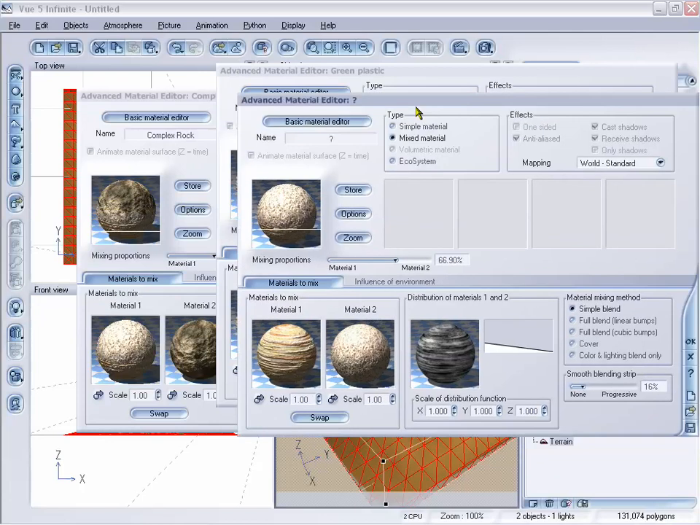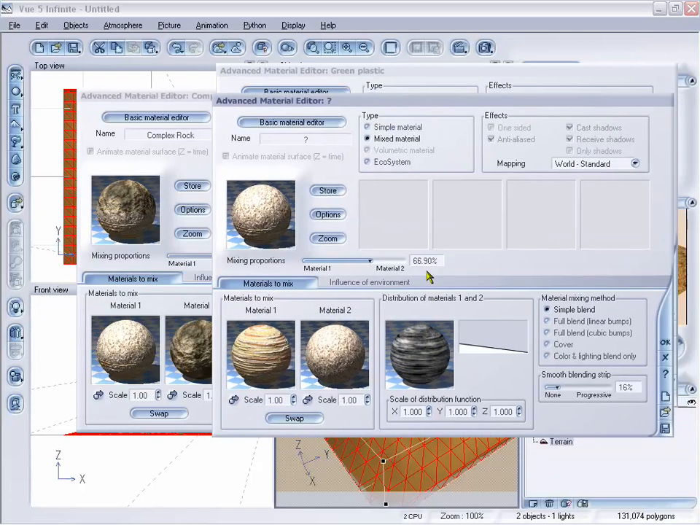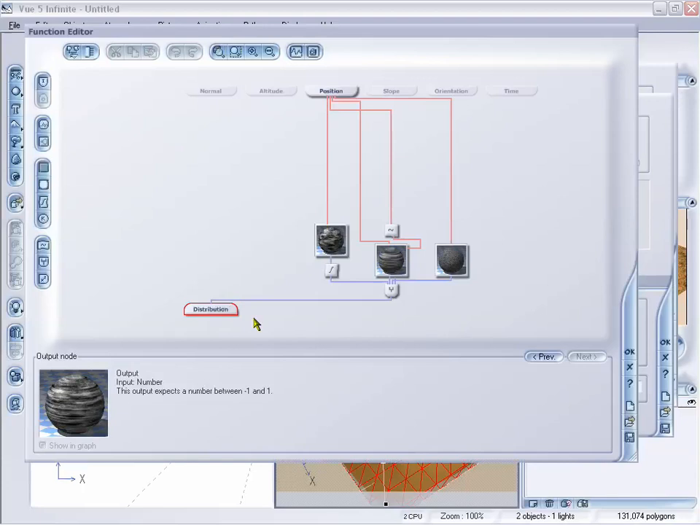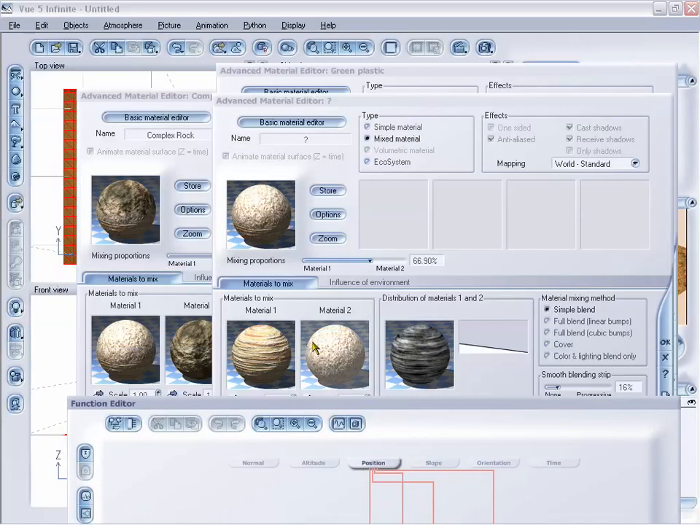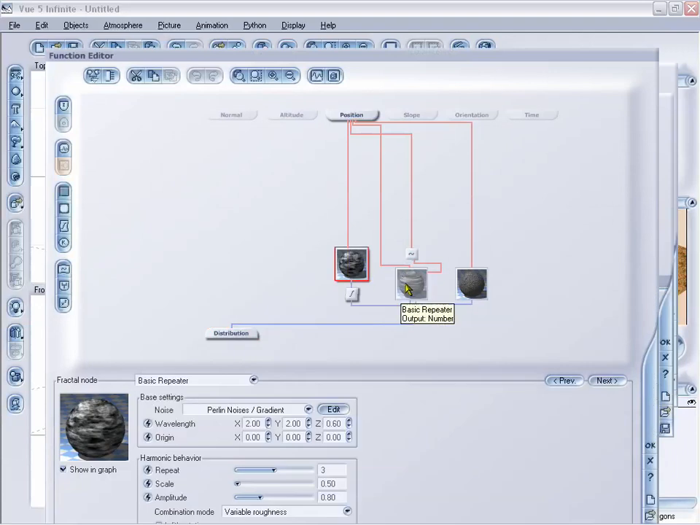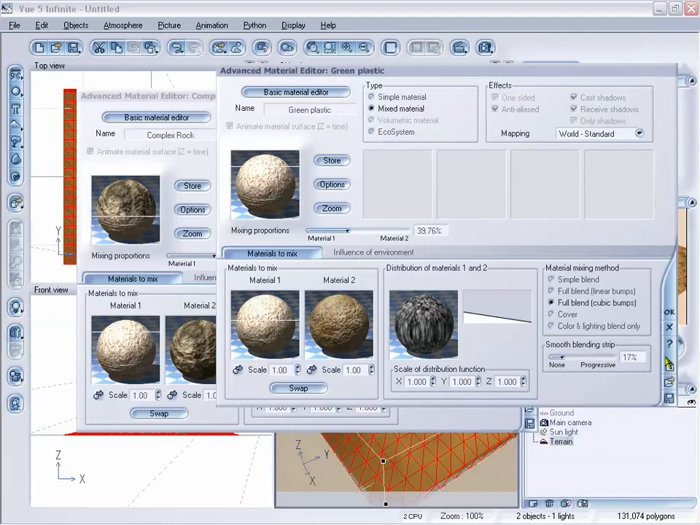And what we also have is this distribution being controlled. So we can go to edit function on that as well. And that will actually bring up a separate function editor, which is pretty much telling you how to blend these two together, or where certain parts should be and where they shouldn't. And we have another fractal node and three fractal nodes, and those are all on a combiner node. And I can go in and show you that a little more in depth